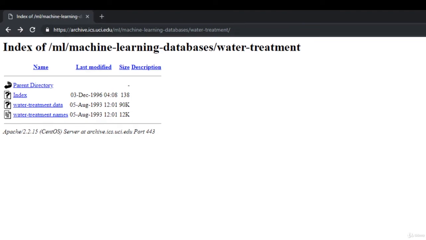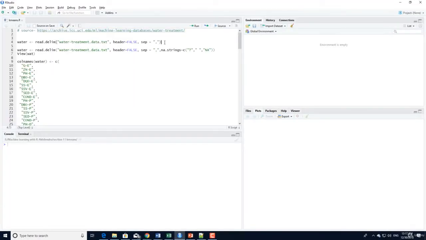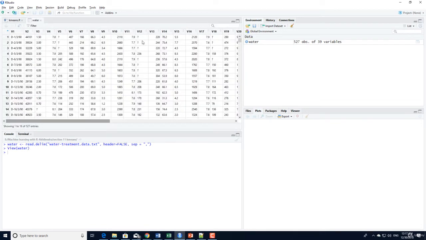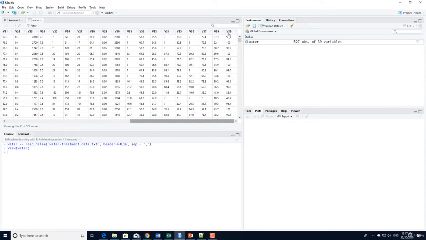So let's jump into RStudio. First, like always, run this command and load the data set. Let's look into this. We have these question marks indicating missing values. We have roughly 39 columns, which is again a good thing. Observations are 527, so in terms of number of observations, they are limited. If you go back to this names file,